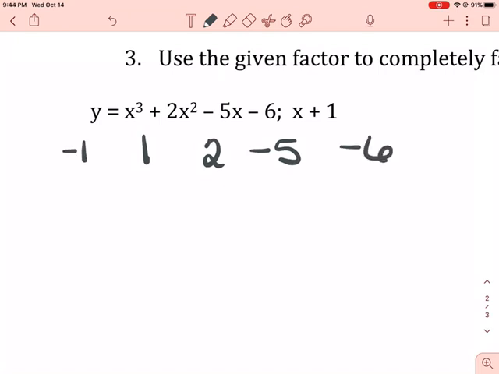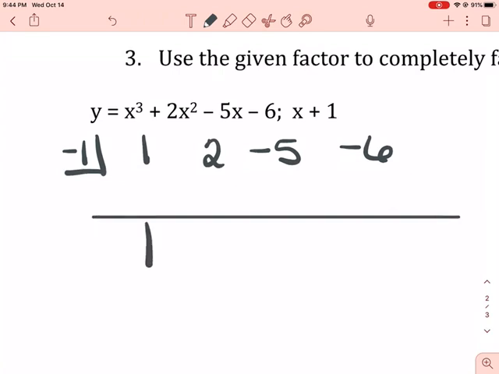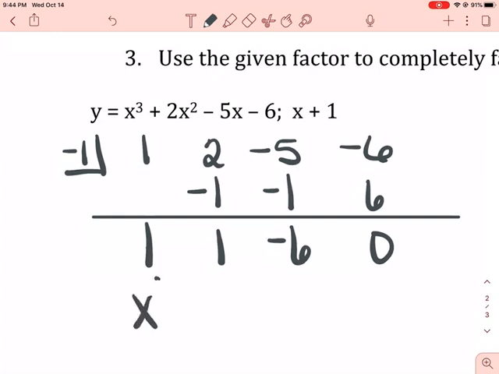We're going to put negative 1 on the shelf, leave a space, drop down the 1, multiply, add, multiply, add, multiply, add. Okay, so that means x plus 1 is a factor, which means x squared plus x minus 6 is